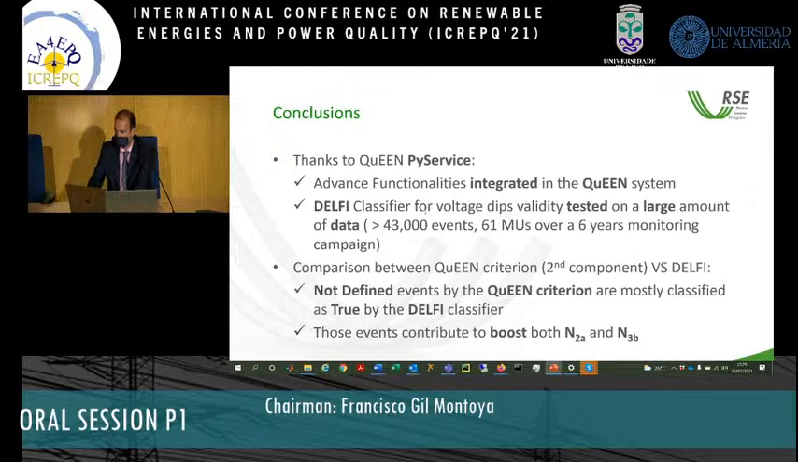And for the first time, we validated and tested it on a large amount of data, nearby 4,000 events, over a 6-year monitoring campaign on a small set of 61 measurement units. The comparison between the old criterion, the second harmonic criterion, and the Delphi algorithm tells us that events not defined by the Queen criterion are mostly classified as true by the Delphi classifier, and those events are not negligible